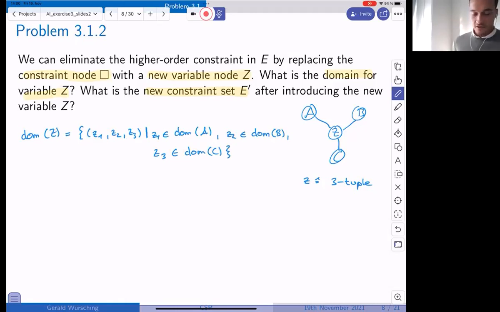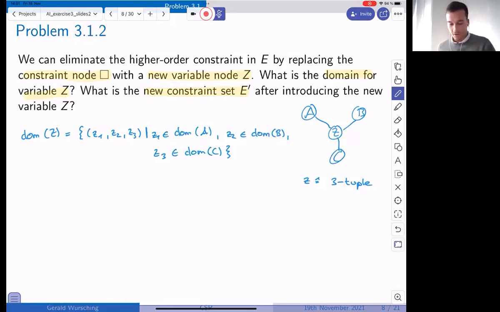So this is a technique that we're going to introduce now to say that if we have a higher order constraint, we want to reduce the order of the constraint into a lower order, or a binary constraint, for example. And the way we do that is if we say, okay, the variable z is connected to 3 other variables, a, b, c, then we represent this variable as a 3-tuple, so z1, z2, z3, and each component of z has to be within the domain of the other respective variables, just like it's written here.